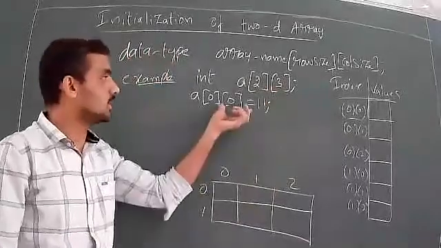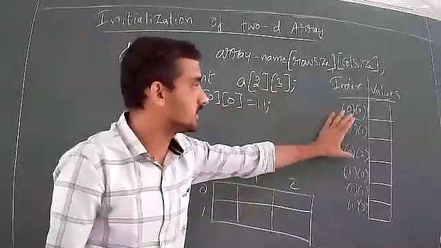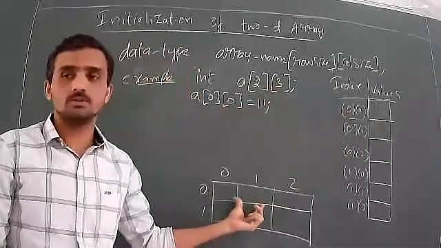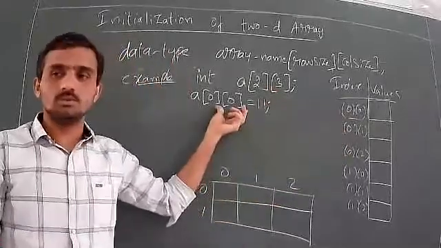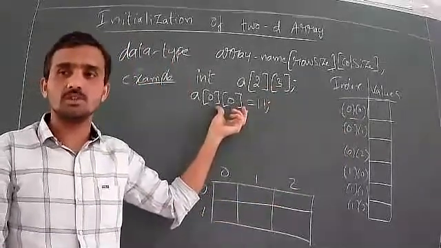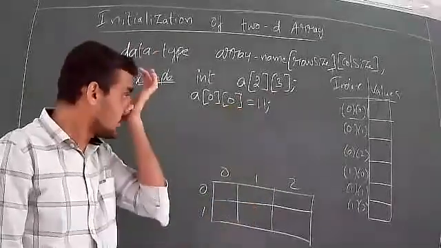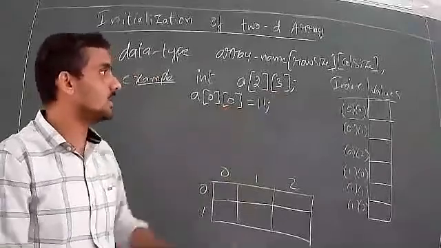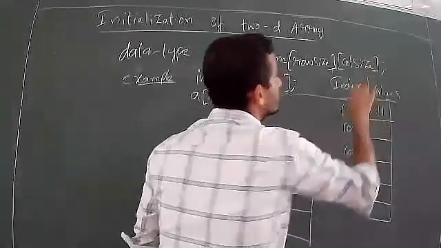See, this happens at the coding level. Okay, in the program it happens. This is the memory representation and this is the user view. So three things are there: user view, memory representation, and in code what we do. So if one statement is executed in the code, what happens at the memory level and what happens at the user level. Okay. So if I write A of 0, 0 is equal to 11, this 11 will be stored in this location.